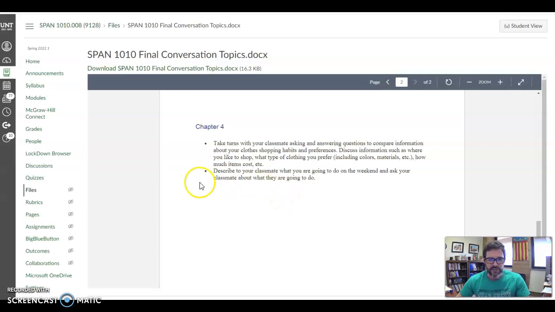Okay, lastly, describe to your classmate what you're going to do on the weekend and ask your classmate what they're going to do. Now, for this, we're going to want to use a specific construction, which is the verb ir, plus the preposition a, plus a verb in the infinitive, the unconjugated form. And with this construction, we talk about what we're going to do. For example,